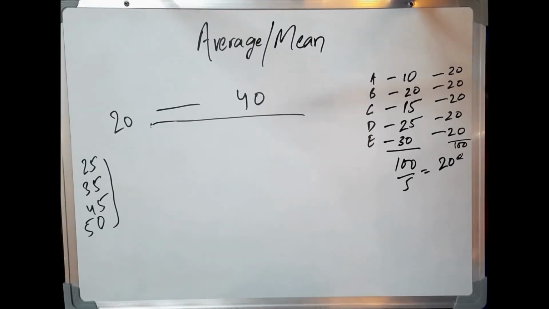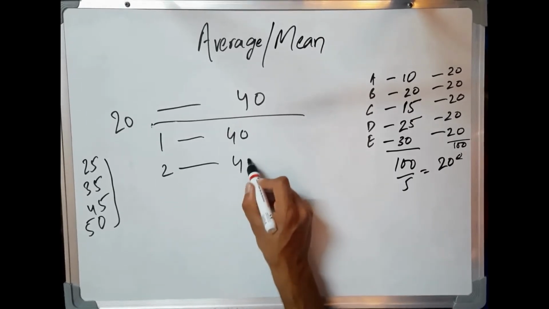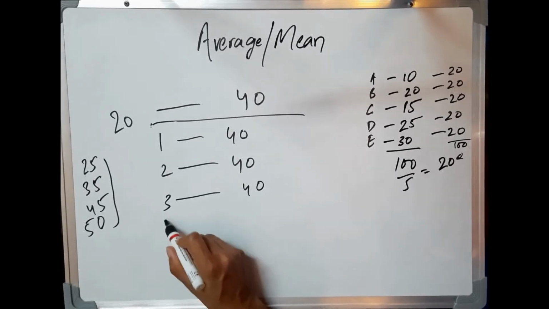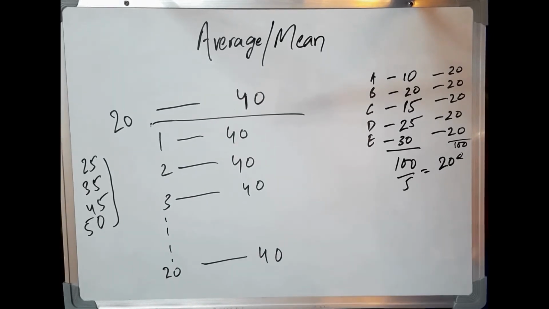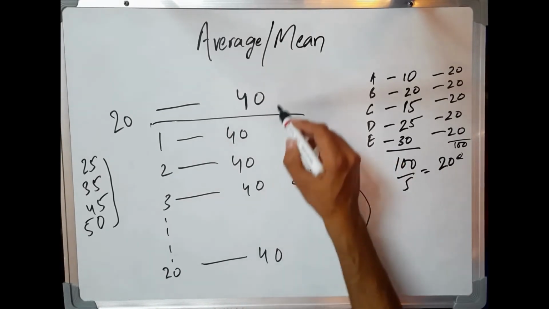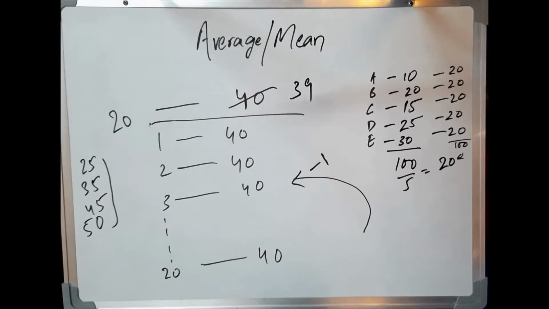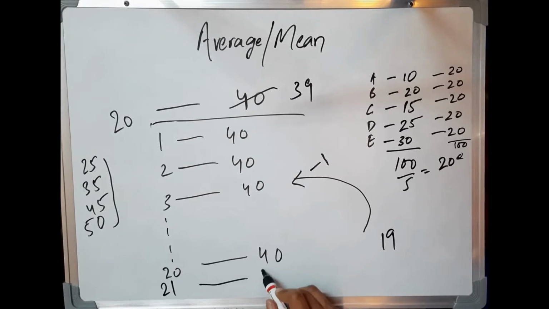Now let's take the same data, 20 students with an average weight of 40. I'll write it down here. A different guy is now added to this class. He reduces the average weight of the class by 1. The average now becomes 39. I can say this guy weighs 19 kilograms. Again, how I calculated his weight will be discussed ahead. Before that, let's see how this guy has affected everyone's weight in this class. I'll add his weight here.